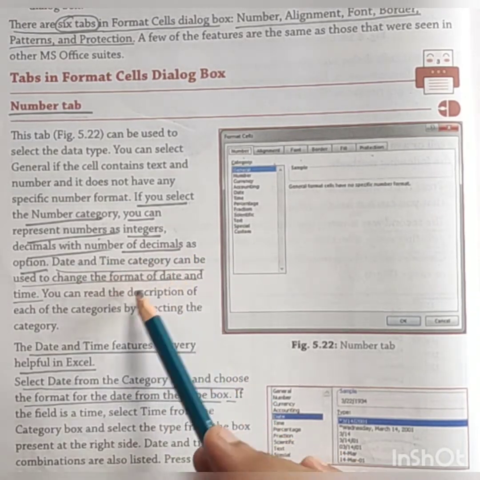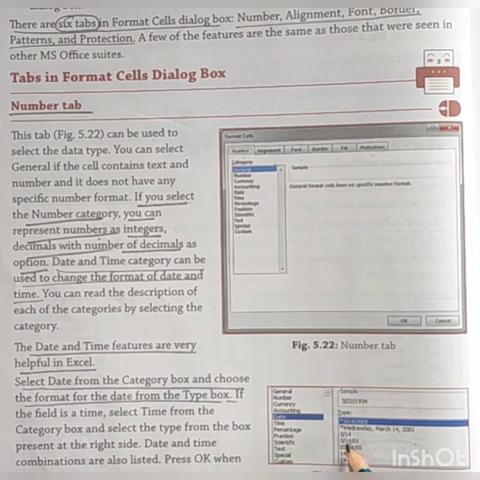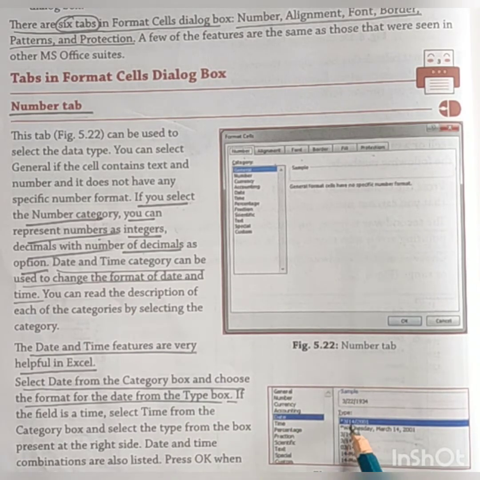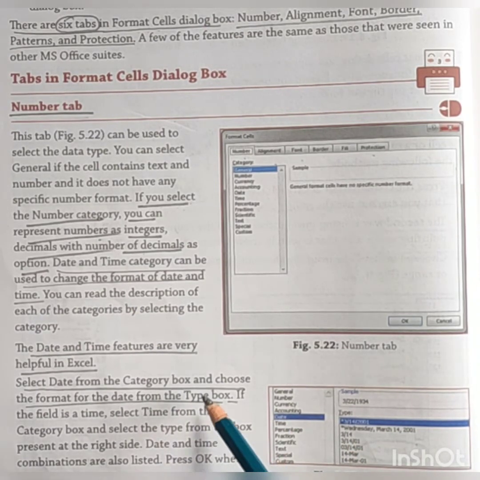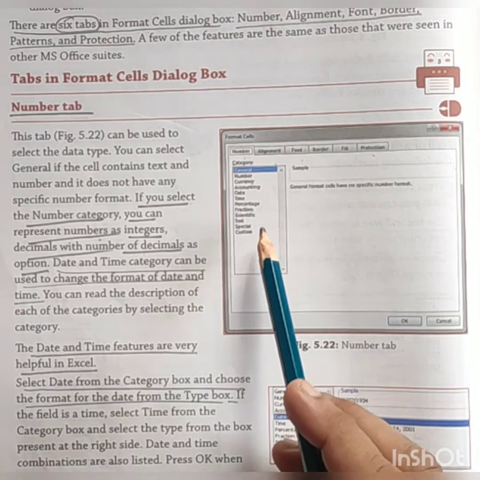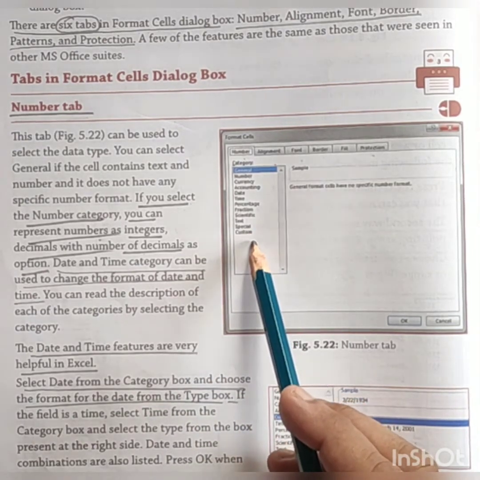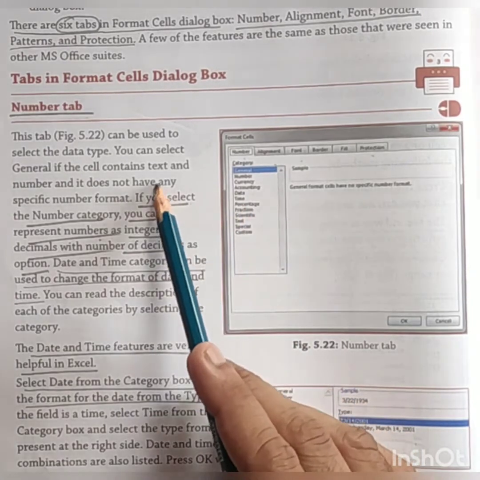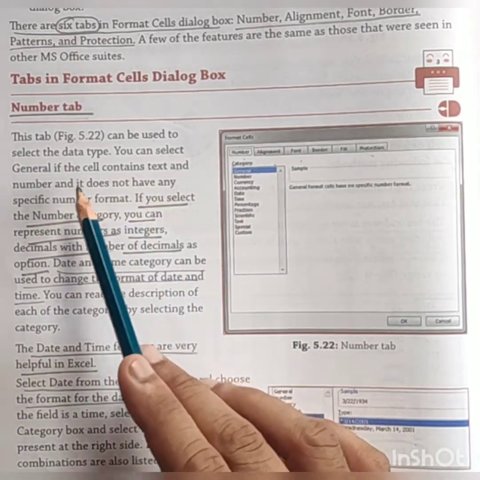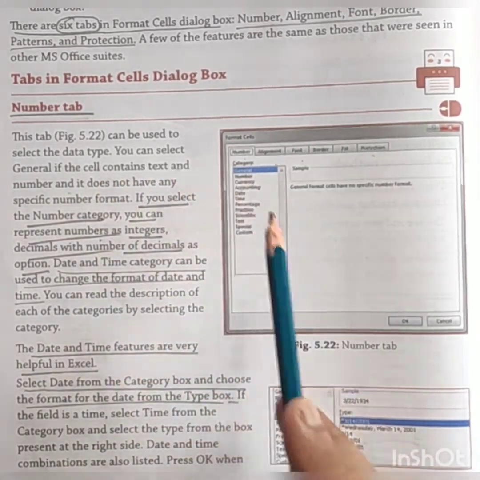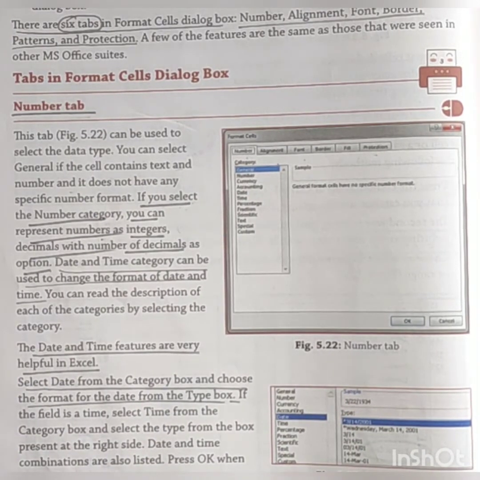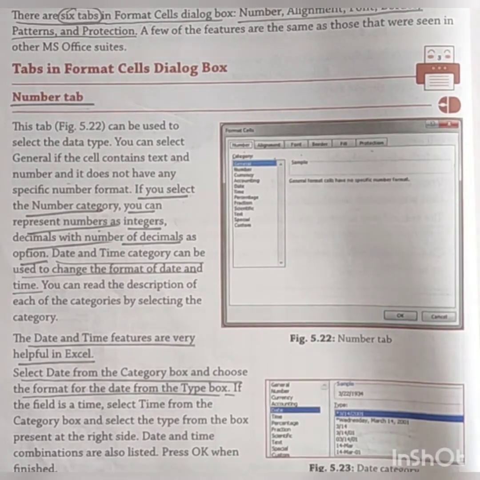If we select date and time, the required date and time formats are given, and we select according to our needs. So there are different number categories. If it is general, then by default if there is text and number content, it will be general. So after selecting the particular cell, we can select the options as per our requirement.